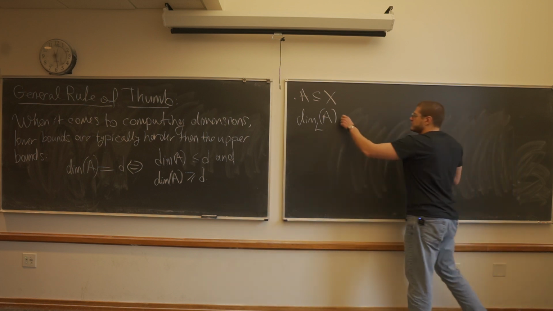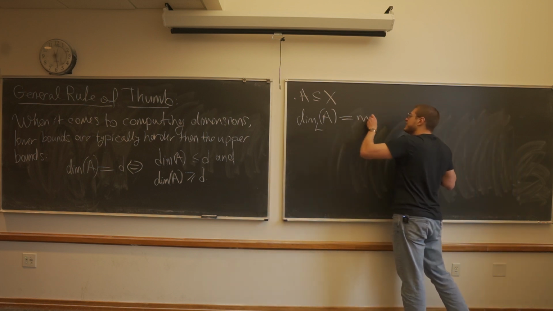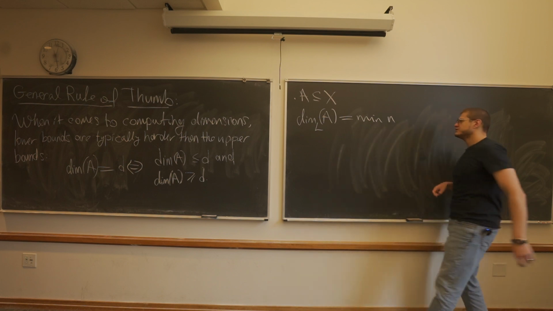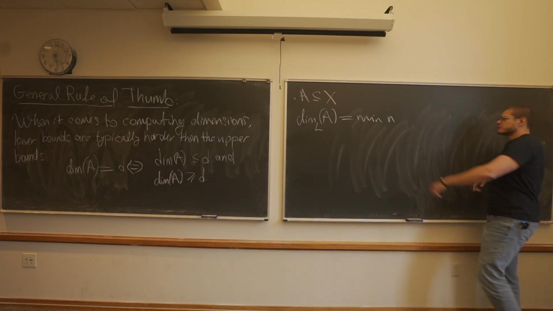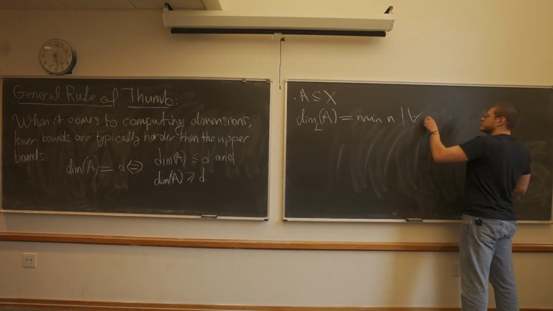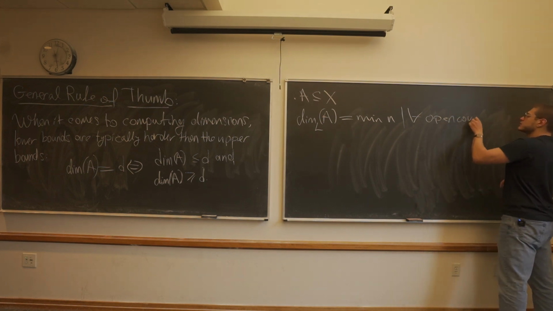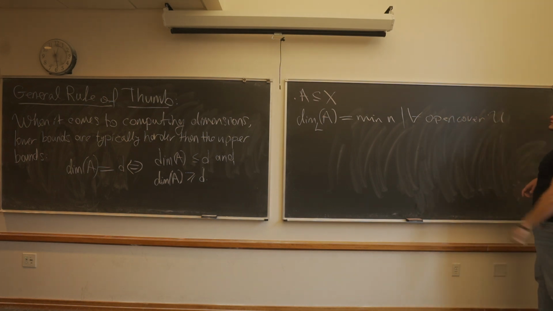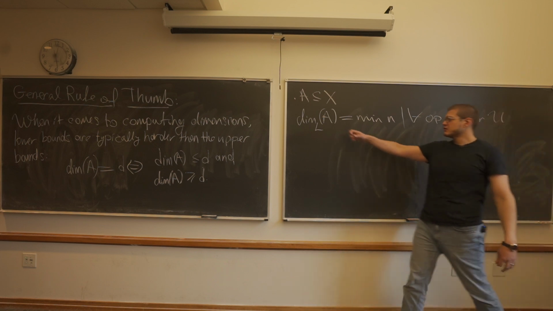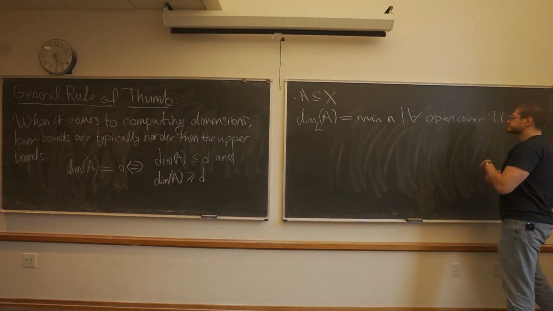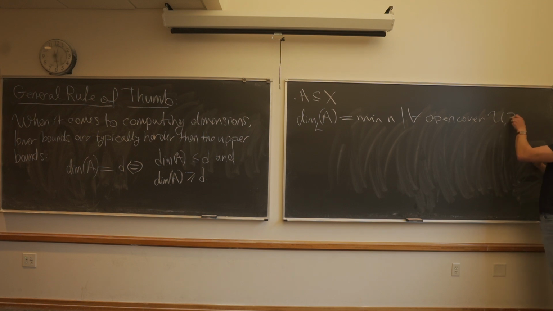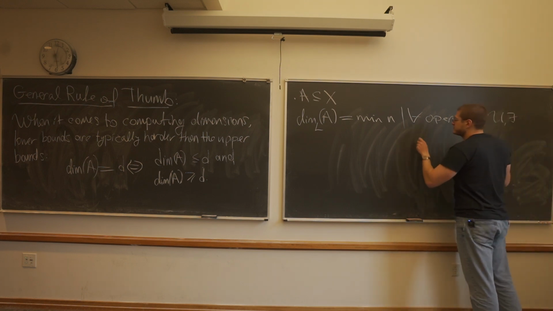It is the min of all integers n such that for any open cover U, so a cover of A using open sets, there's an open refinement